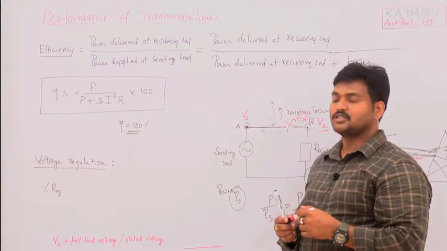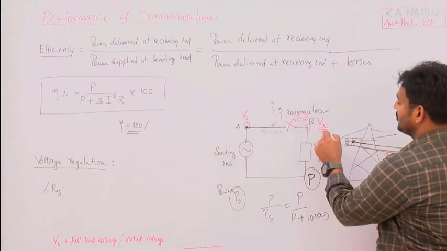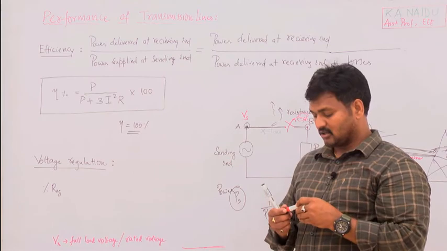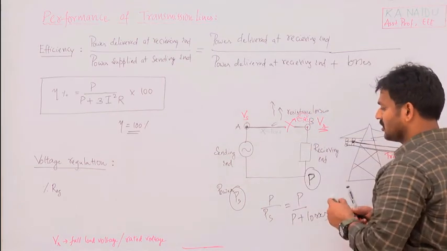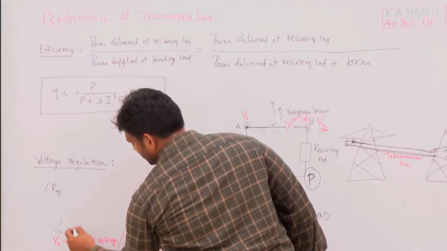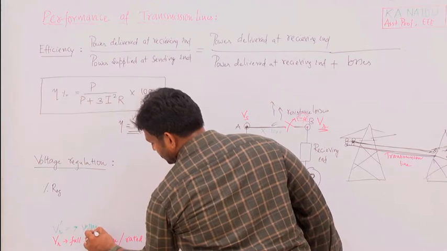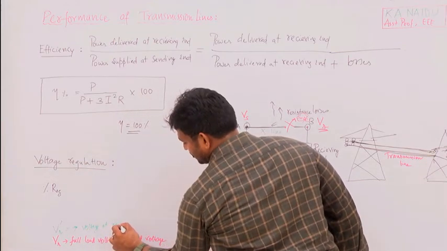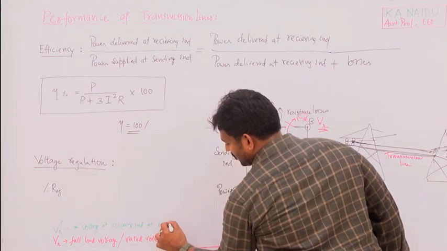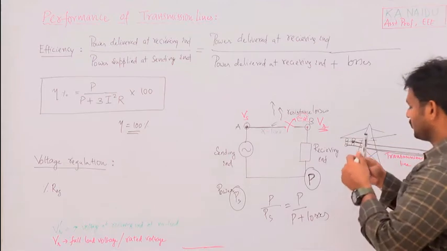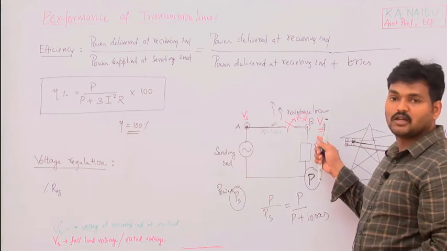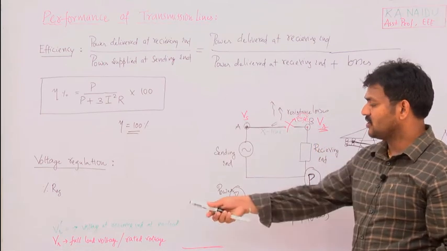Then the voltage at this point, the receiving end voltage, will rise instantaneously. Suddenly. This voltage, when the switch is open, let us take it as VR dash. It is the voltage at the receiving end at no load. That means when you open the switch, the load is removed. So if the load is removed, the voltage at this point is measured at the receiving end, that is VR dash.